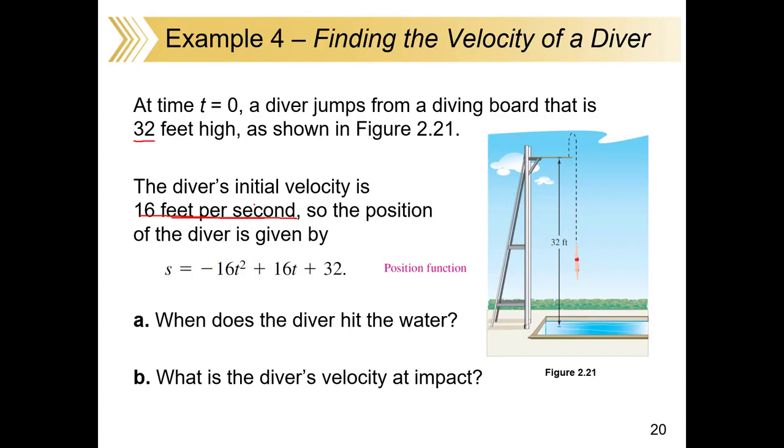They jump up in the air. Well, in this case, it means the person jumped up at 16 feet per second. So where he is, here's our position, S. We can find where he is by putting how much time has gone by in for t in seconds,